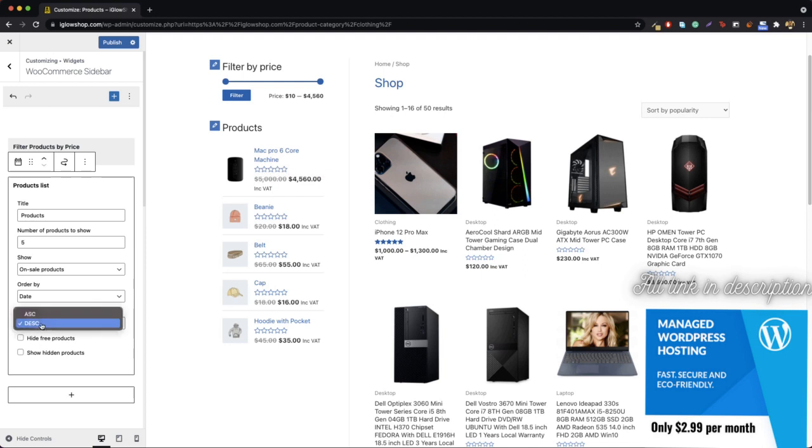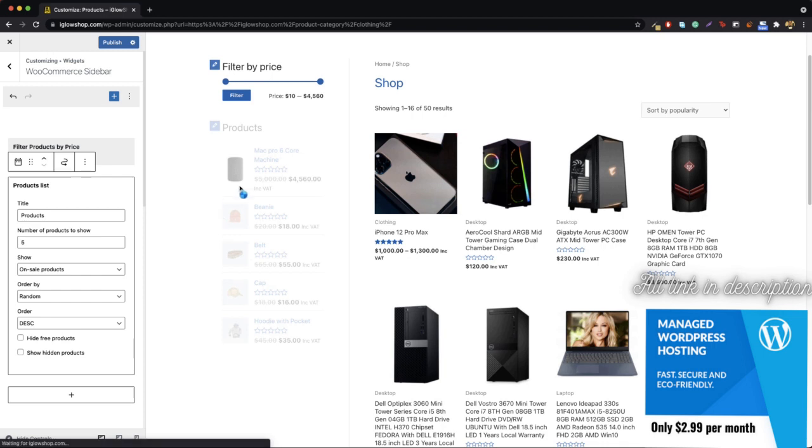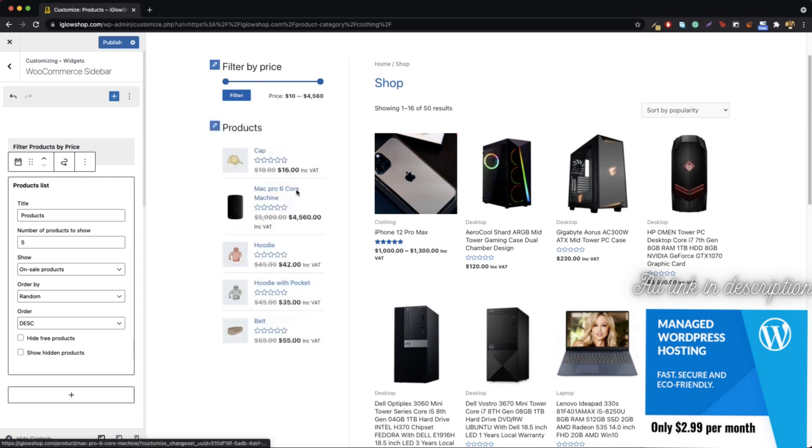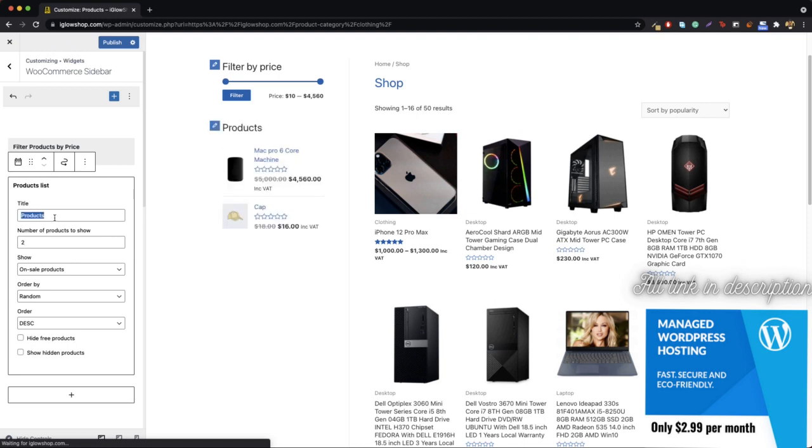And the order, what I will do is that I will just set them to either ascending or descending. And the order by, what I will do is that I will change this to random, so that every time a person refreshes a page, the products will be based on random numbers. And now the number of products to show, I will choose to show 2 products. And right here in the title, we can just change this to on sale